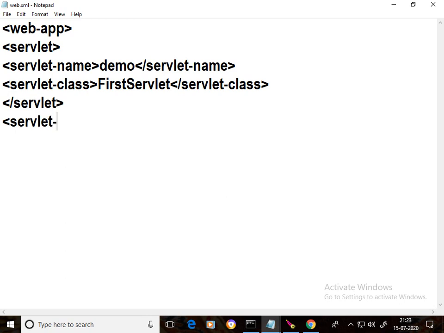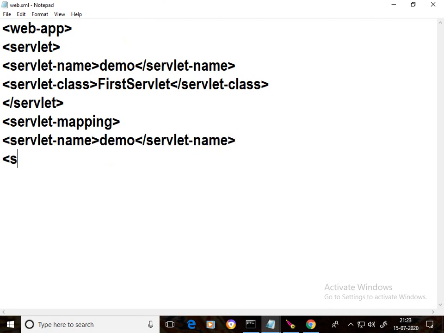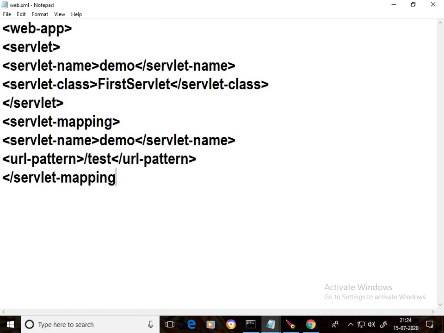Then servlet-mapping. Here servlet-name, whatever I wrote as the servlet name, here demo, the same name you have to write, demo, servlet-name close, url-pattern. Here any name, for example test, url-pattern close, servlet-mapping close, web-app close.